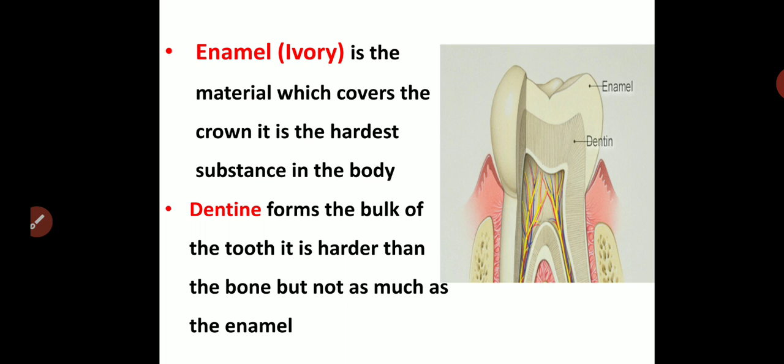Then you have something called the enamel on the crown. The crown is the exposed whitish part of the tooth. The enamel is the whitish shining hard material that covers the crown externally. It is very rich in calcium and phosphorus, due to which it is the hardest material in the human body. Though it is white, it sometimes seems to be yellowish. You can see teeth looking yellowish. That is because of the yellow dentine below.